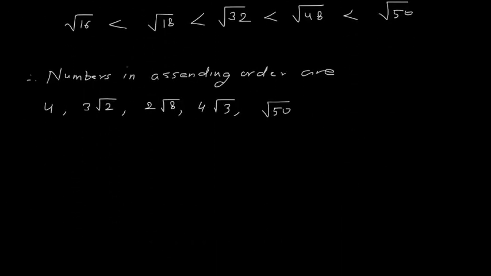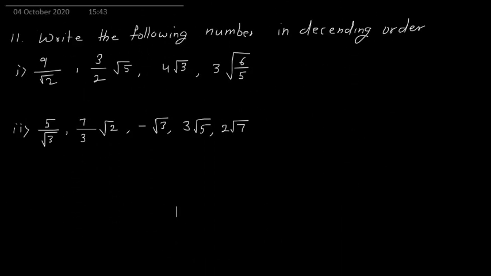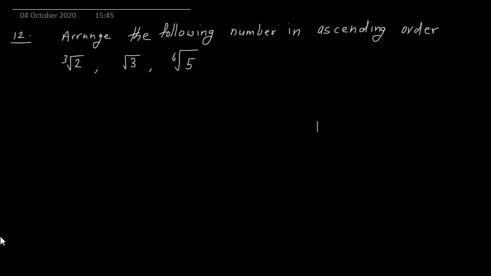Yes. So 2 more questions are there. Here you have to arrange them in descending order. As we did for ascending order, in the same manner you have to do it for descending order. Here you only have to make sure that you first write the largest number and then go on writing smaller and smaller numbers. Okay. So I will leave this problem to you.